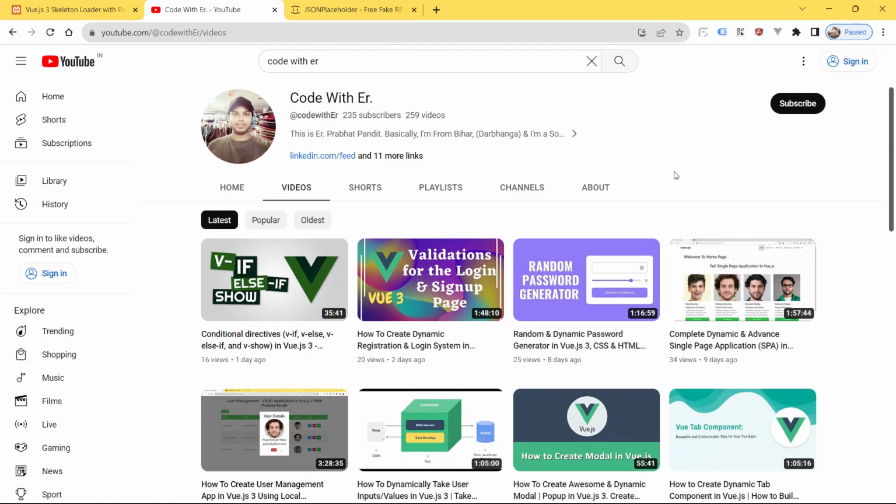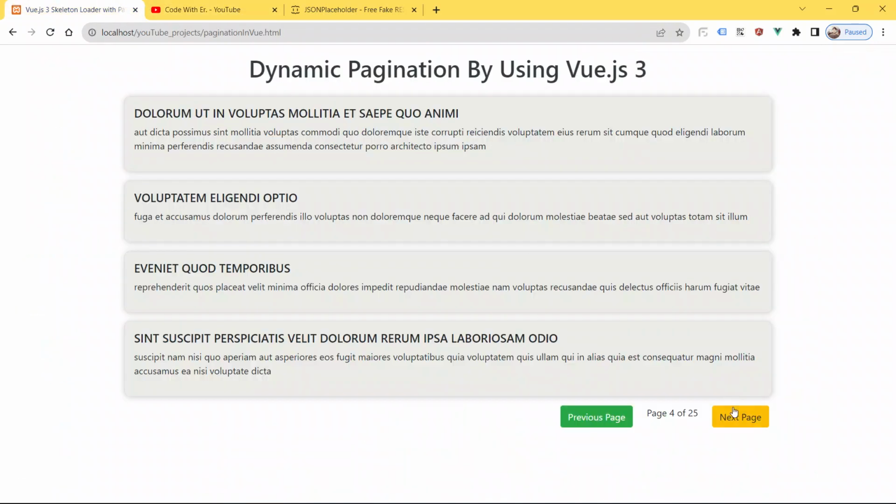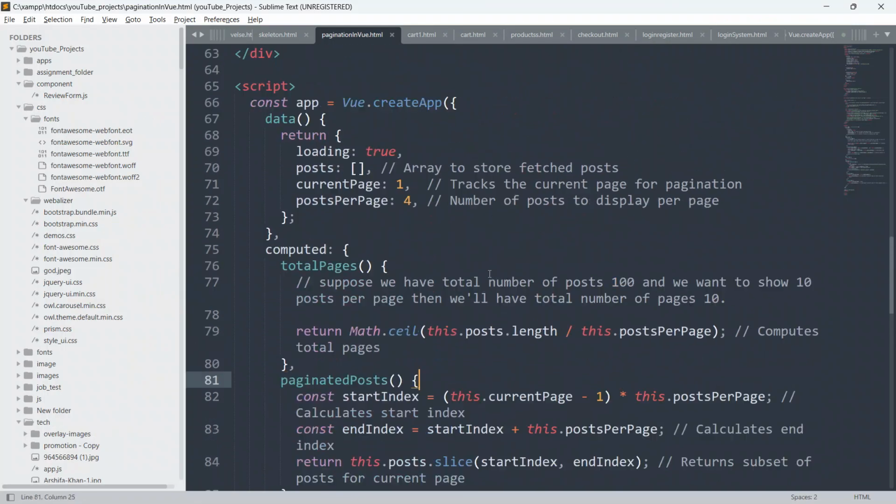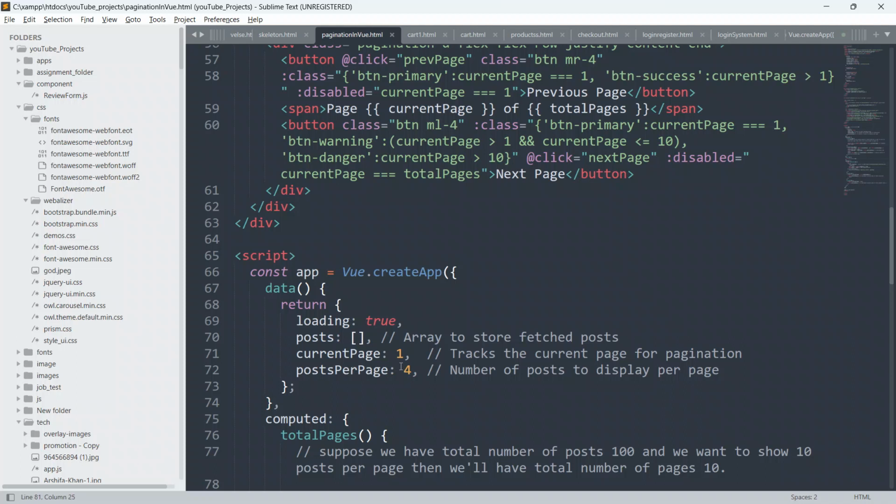Okay, so guys, now let's get started and let's learn. As you can see, every time you click the next page, you will be able to see 4 new posts. Here I'm only showing 4 posts, but you are free to show any number of posts as per your requirement and preferences. I can also increase the number of posts. As you can see, I have given 4 here, so I can give 10 also.